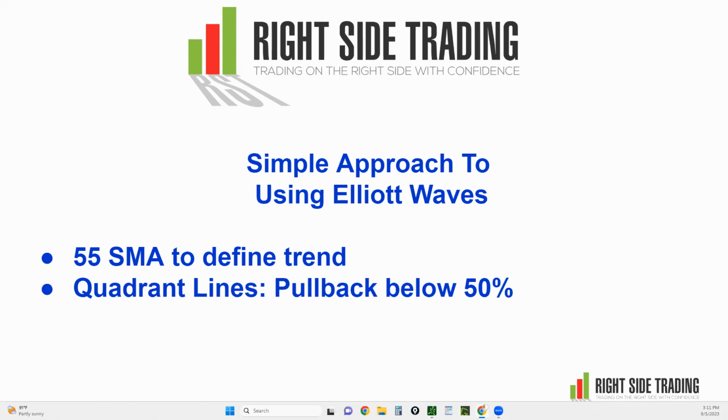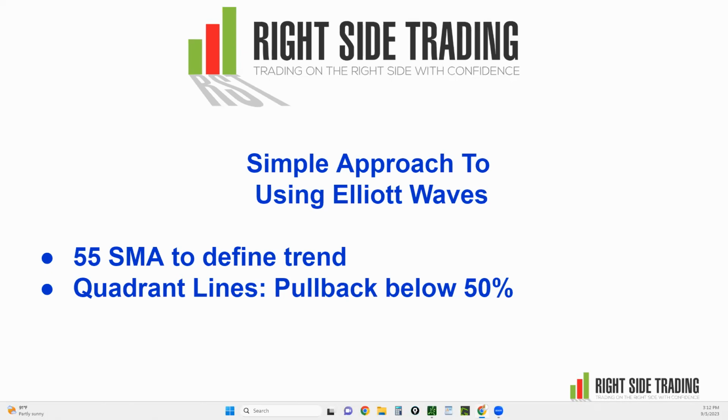And I have to be honest, I didn't come up with this. This is just me doing my research and using different tools that I see out there, and seeing if there's some type of way to use these tools to understand when to get in, when to get out, which ones to stay away from, which ones to engage with, and so on and so forth. So I'm going to use this rather than the Fibonacci, but I think there's an element of Fibonacci to it, but I'm going to use these quadrant lines rather than Fibonacci itself. Okay, but it's used very similar to how Fibonacci is used.